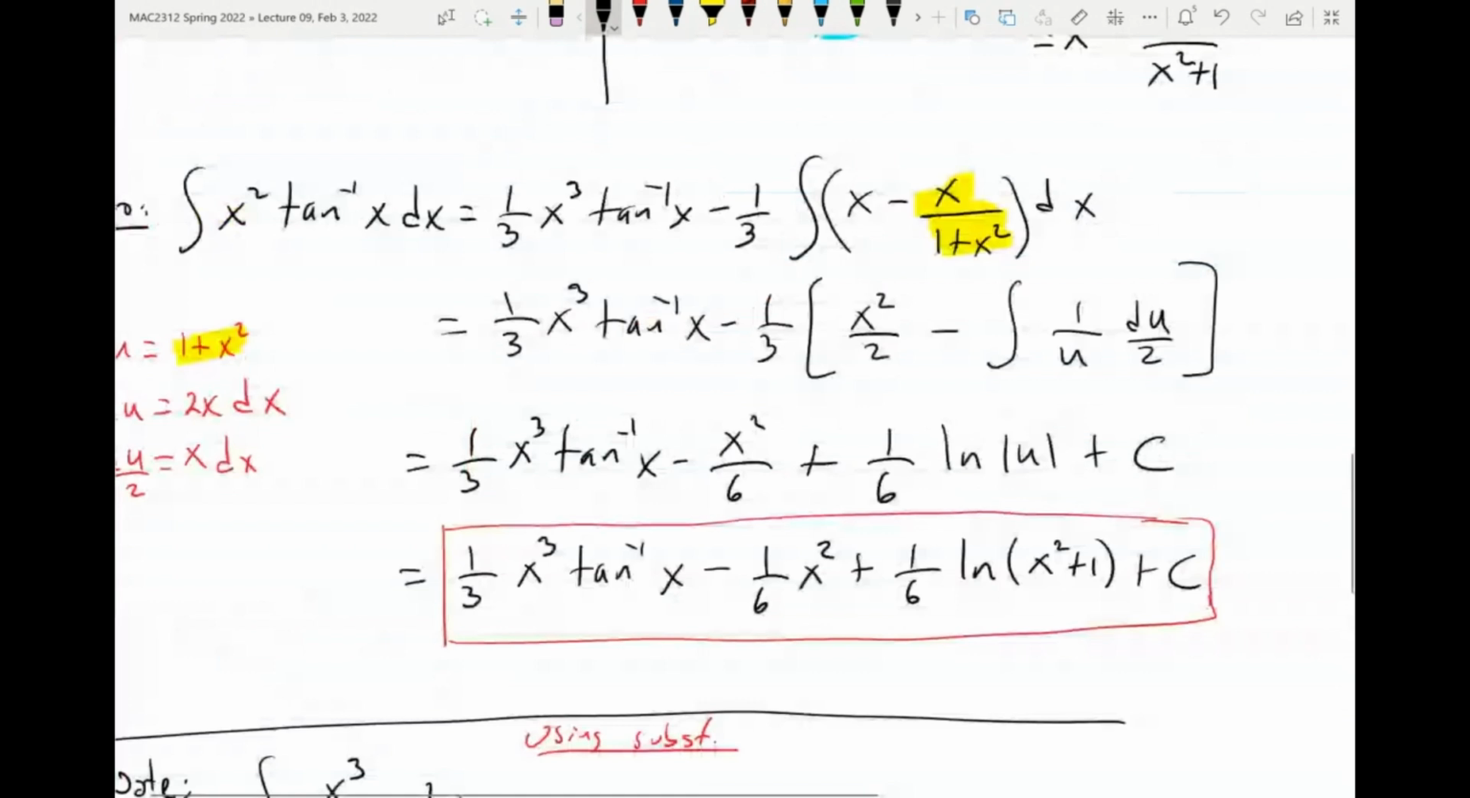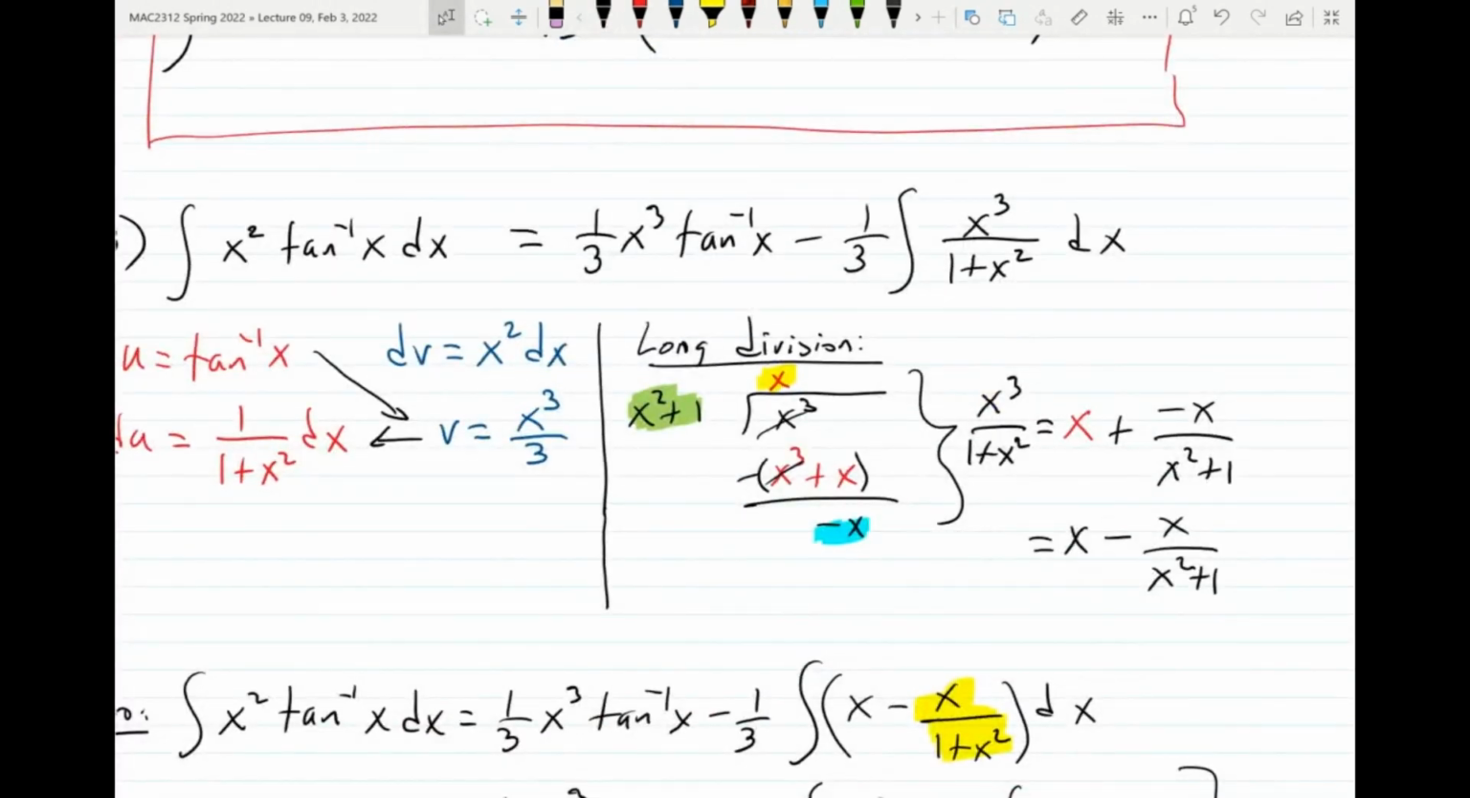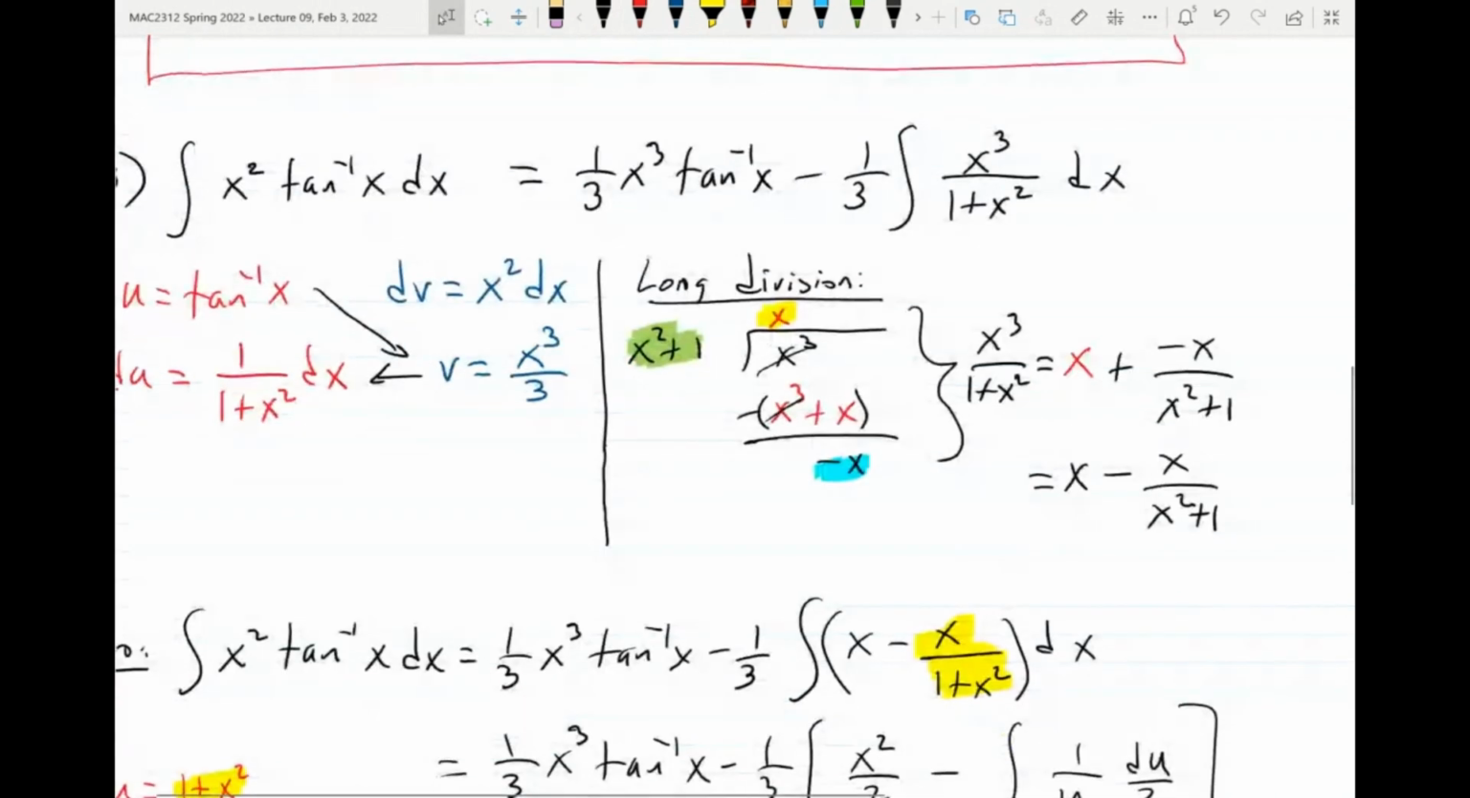So what I'm saying, remember that I told you that there could have been two ways to solve this, and I said long division is kind of the way to go, but we could have done it with substitution if we wanted to. That integral x cubed